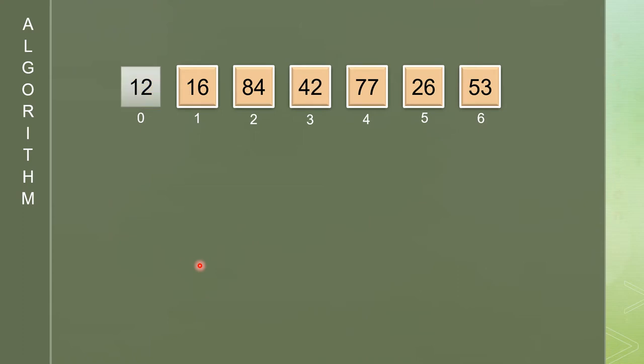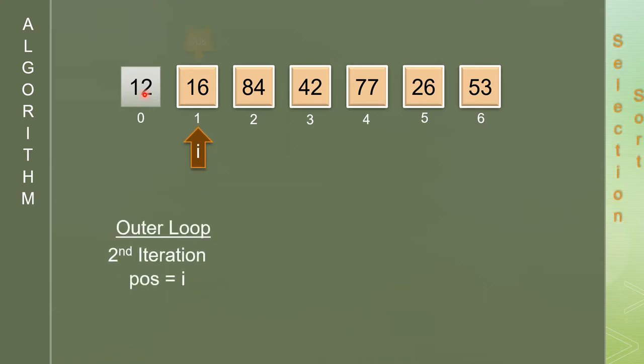Now you are going to go to the second iteration. You can see that the first element has already been placed as the least value, so you are not going to use this value. You are going to define the second value as the i value. The same will be the position value also in the second iteration, so position equal to i. Now the j value will always be the next value. So i value is defined as 1, which means j value will be defined as i plus 1, that is 2. So you're going to start the comparison from this position.